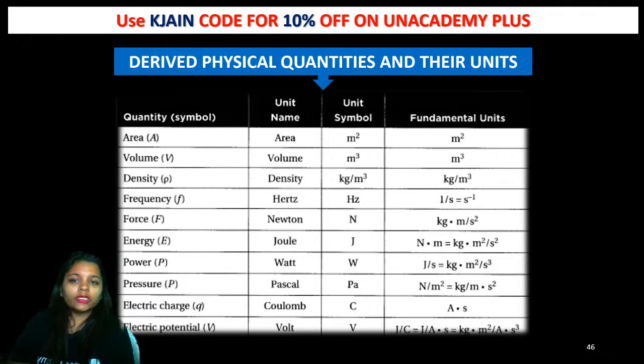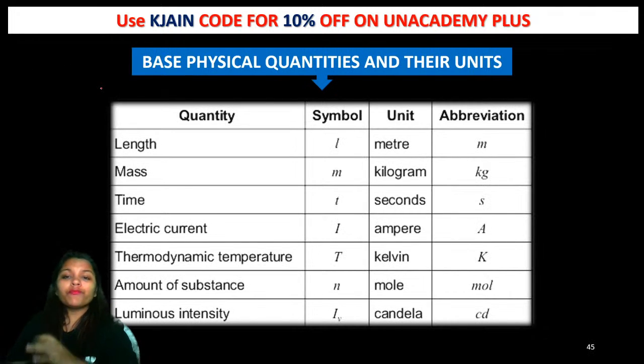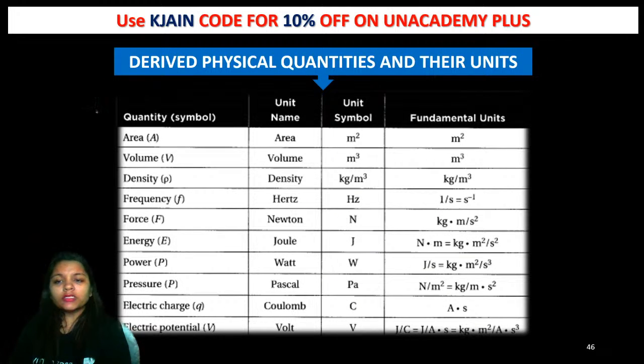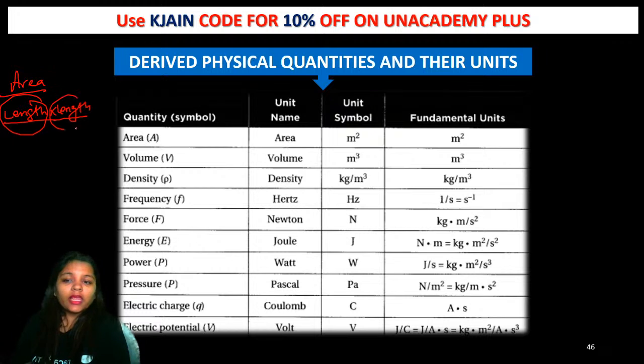So let's talk about the different physical quantities that can be derived from these basic units. We have many things that we can derive from these basic physical quantities. These are just common examples, because we are doing experiments, calculating many things, and deriving the units. For example, area is nothing but length multiplied by length.